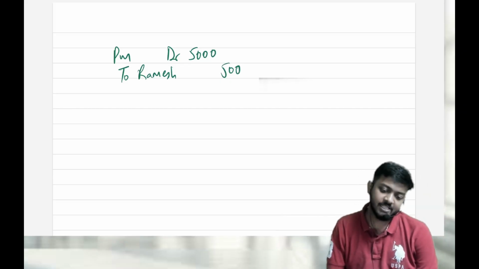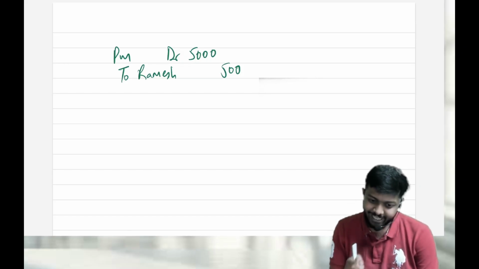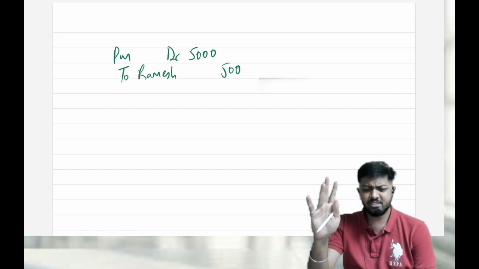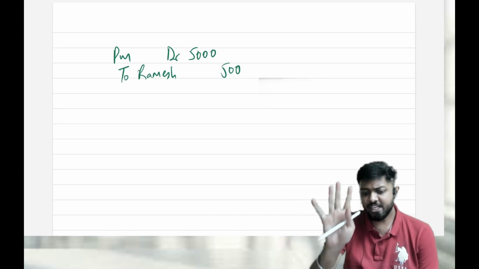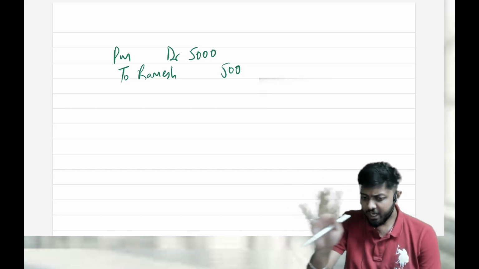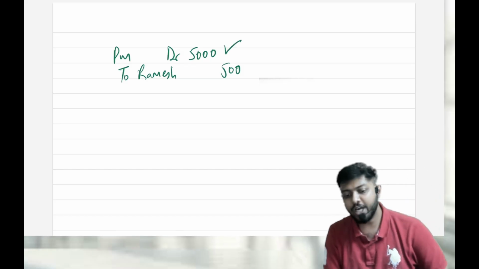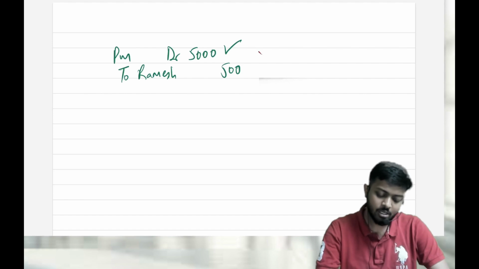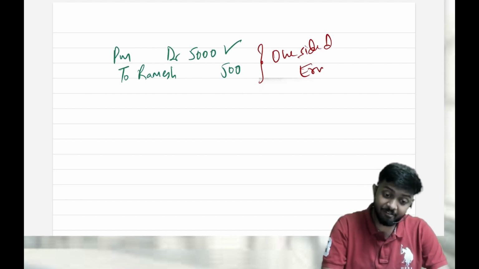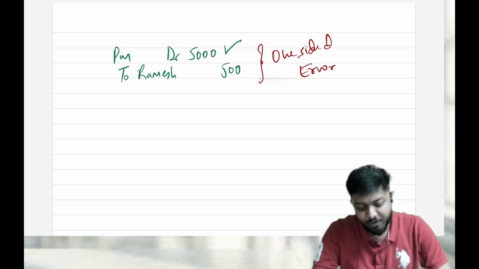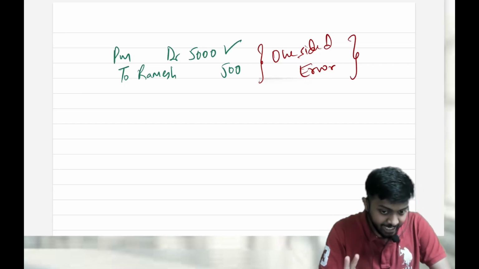So is that an error? Yes. Now tell me, is that a one-sided error or a two-sided error? See, my criterion is only whether debit and credit are matching, no matter what you have done. If debit and credit are equal, it is a two-sided error. If debit and credit are not equal, it is a one-sided error. Now see here, debit is not equal to credit, so it's very clearly a one-sided error. If it is a one-sided error, will the trial balance tally? No, the trial balance will not tally. Please note that.